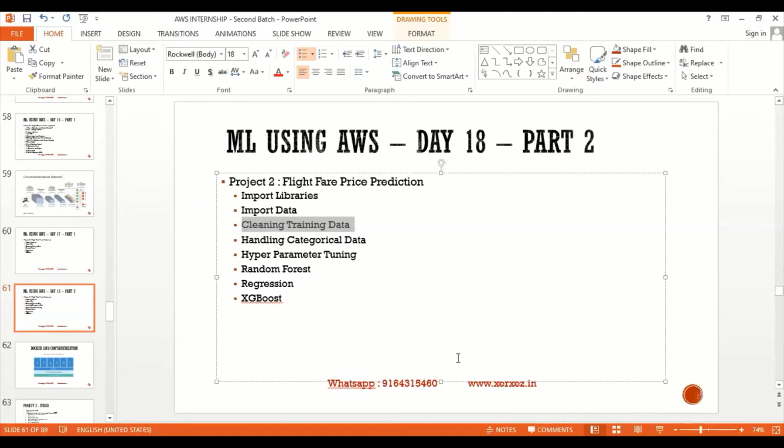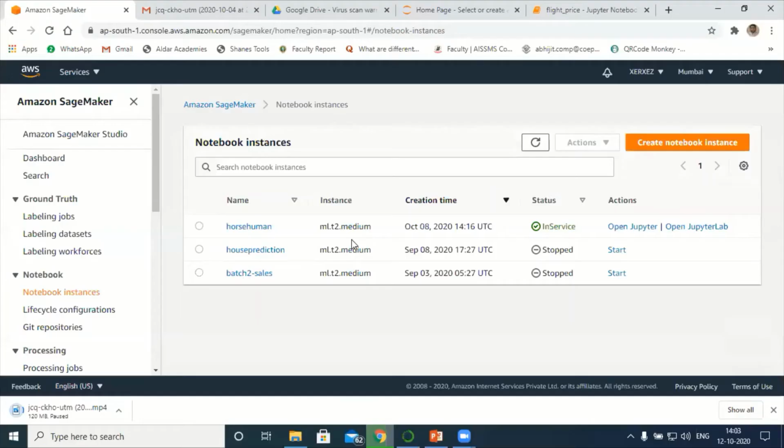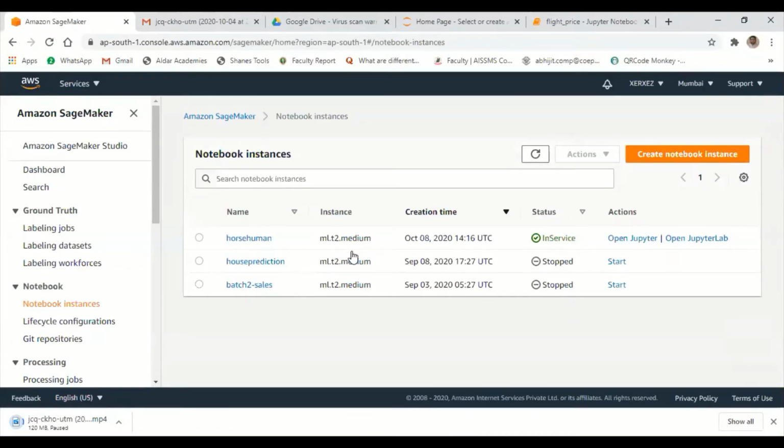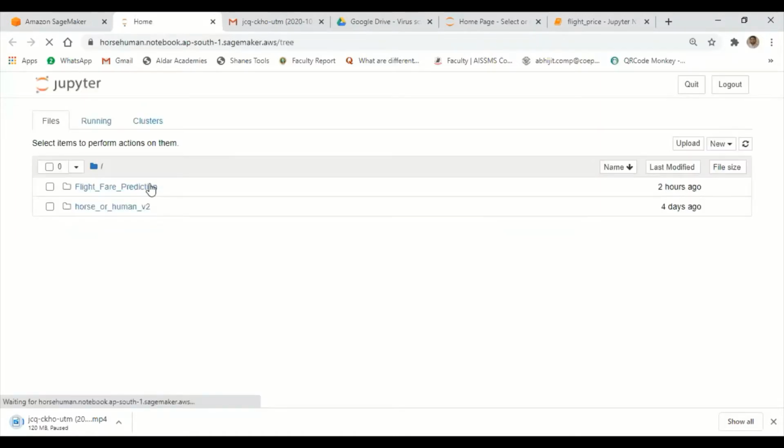I hope you can see. Hold on, again a problem. Can you see the SageMaker? Yes, sir. I'm using SageMaker. Let's open the project and open Jupyter notebook.